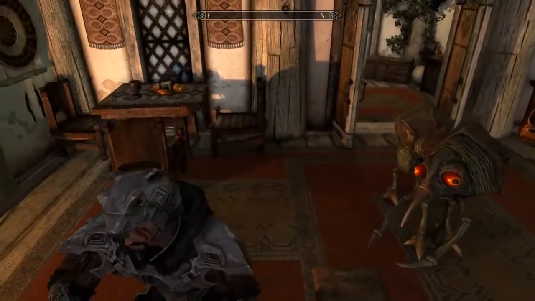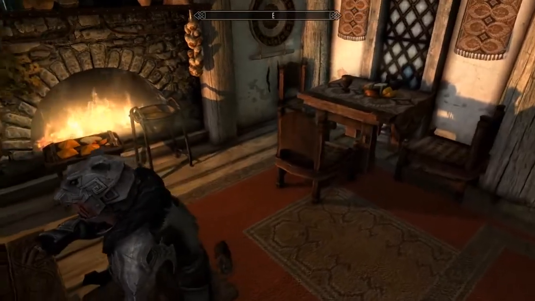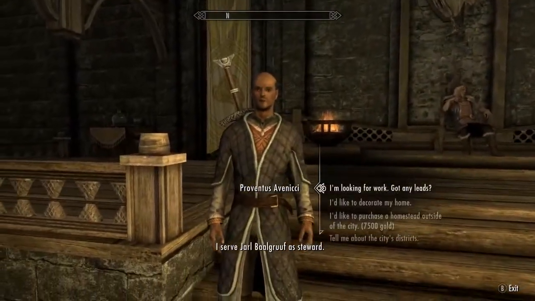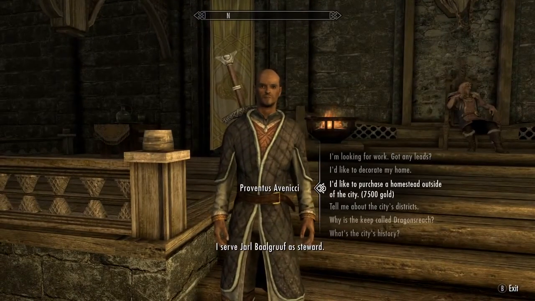Second, we have the Tundra Homestead, costing 300 Bethesda bucks. To obtain your new homestead, go to see Preventus Avensi, Whiterun Steward, and pay the 750 gold and...